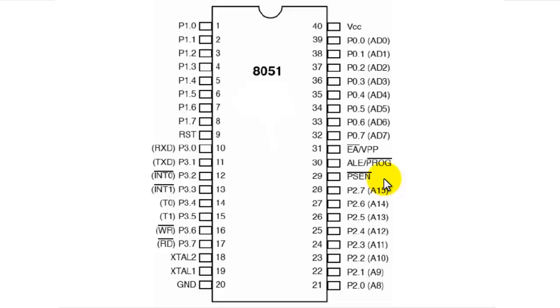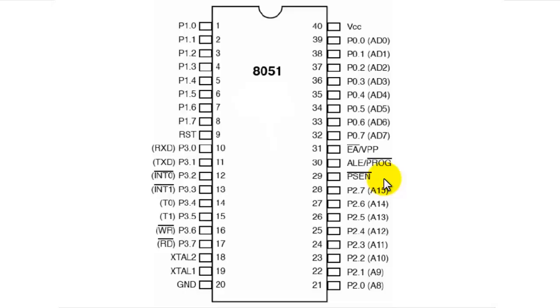That means whenever this pin is high, it tells that port 2 will be carrying address, and port 0, which I will be telling about now, will also be carrying address, and it will be the lower byte address in this case, as port 2 was having the higher byte address. Similarly, here port 0 is having the lower byte address of the external device being addressed. So pin number 30 is used for that purpose.